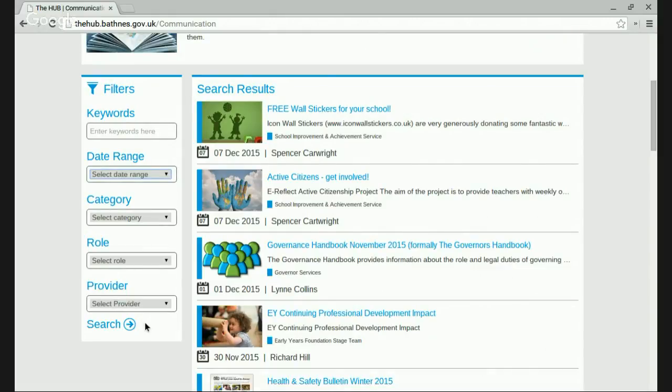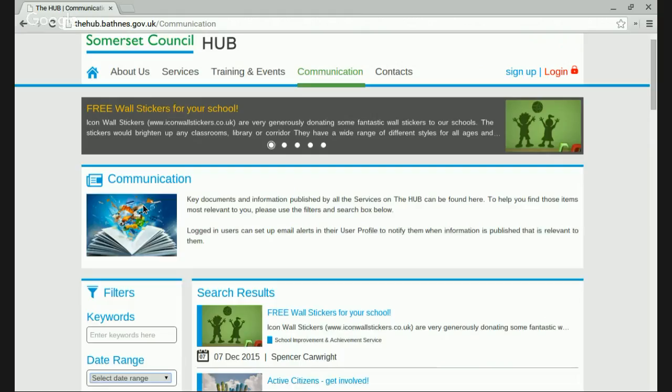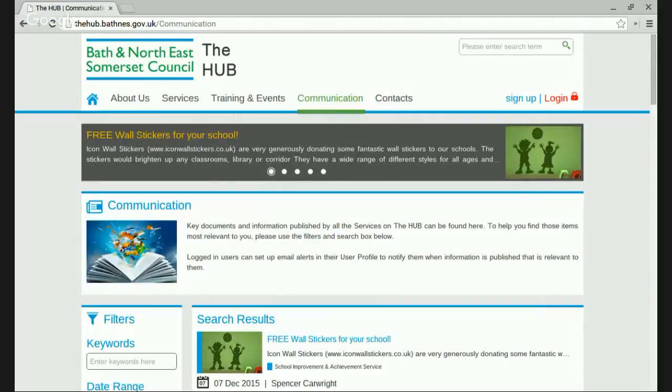I'll be looking at searching in a little while when we log into the service, because that's going to be a key area to make sure that you're not spending a lot of time hunting around for stuff. The search and the filtering can save you an awful lot of time. So that's our public portal at the moment, and I'll log in now to the